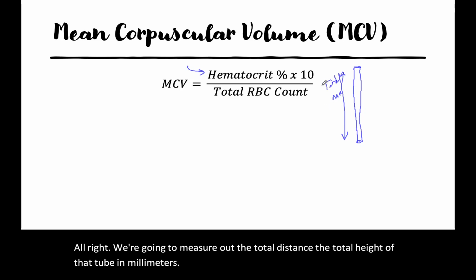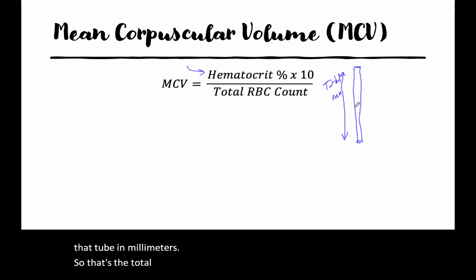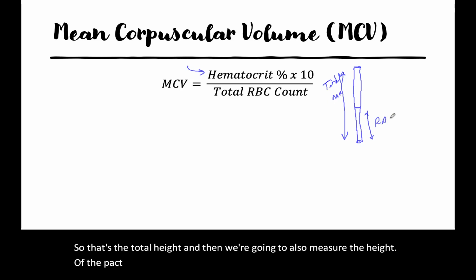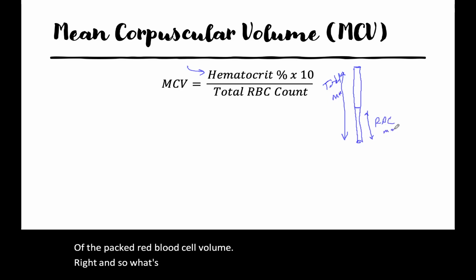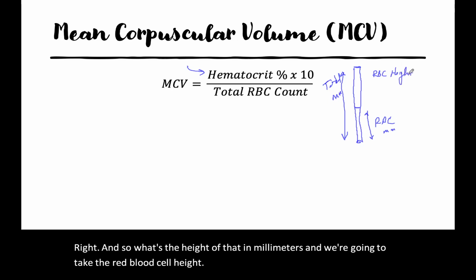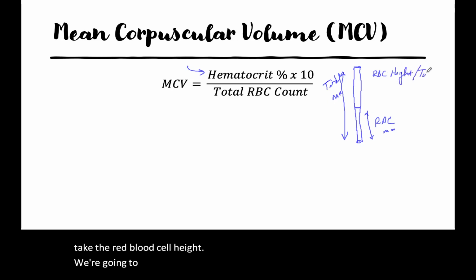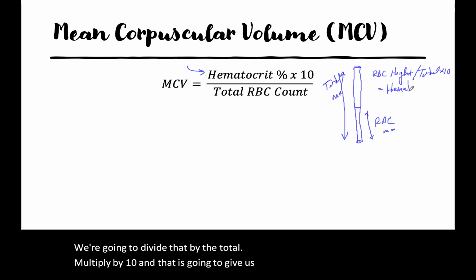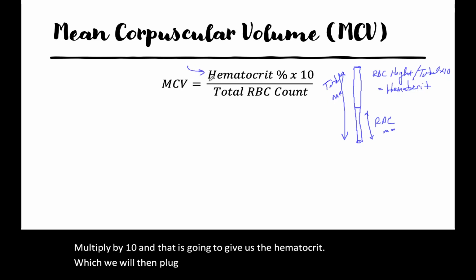And then we're also going to measure the height of the packed red blood cell volume, in millimeters. We're going to take the red blood cell height, divide that by the total, multiply by 10, and that is going to give us the hematocrit,